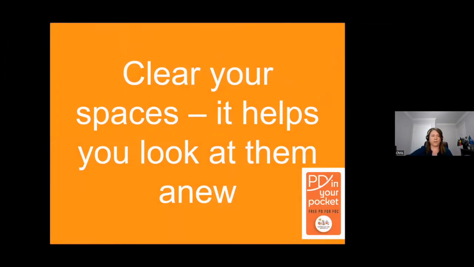Okay, so we're going to clear your spaces. It helps you to look at them with fresh eyes. So one of the things that you can do is clear out your space. Do this on a regular basis. You might even have a roster, or you might have something in a policy that actually says how often the space needs to be refreshed. But literally remove everything from a specific space, put it in the backyard, or move it to one side and look at it completely with new eyes. And then what do you see? Clearing a space completely, if we can, lets us see it with fresh eyes.